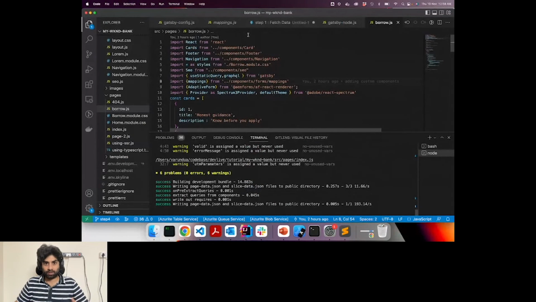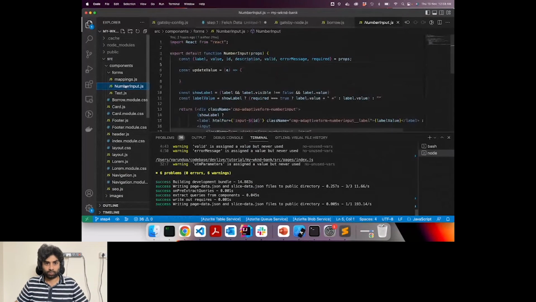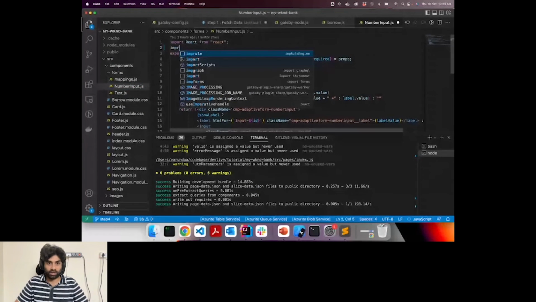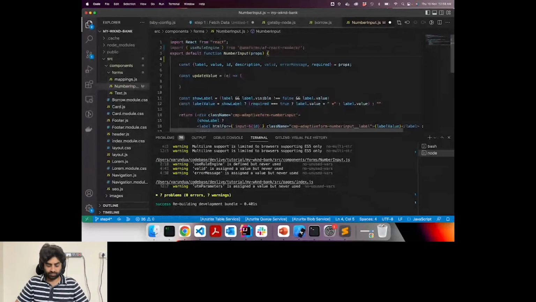So this is where the React hook library that I was talking about comes into the picture. To enable that, we have a use rule engine hook, which is pretty trivial and easy to use.